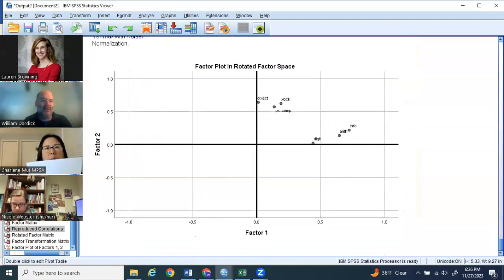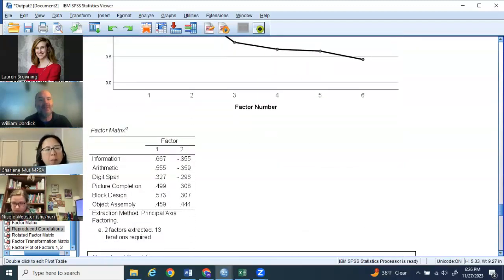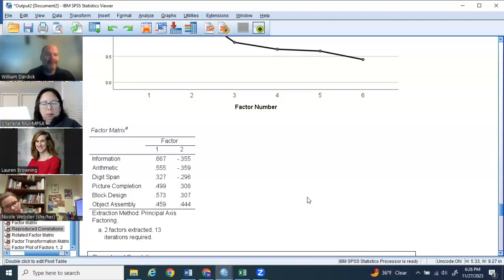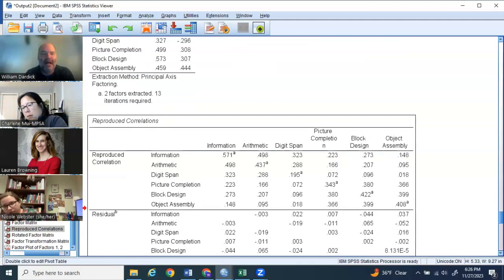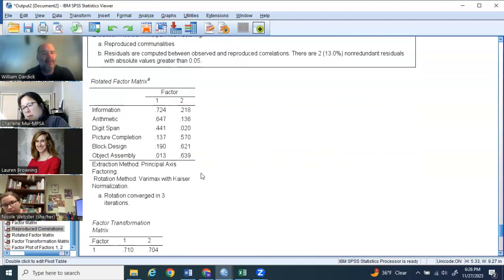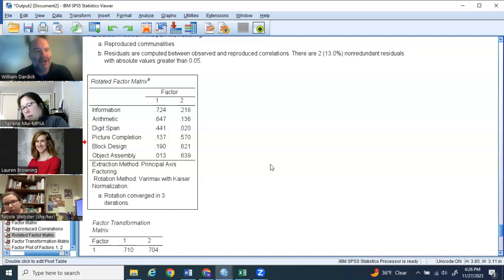Another thing that I can sort of say is, oh, Lauren, you have a question. Yeah, so you keep saying that one factor is mathematical ability and maybe factor 2 is spatial ability, but you're just making those up, correct? Am I making them up? I know a little bit about IQ. Okay, I am making them up, but we started this semester with the very idea